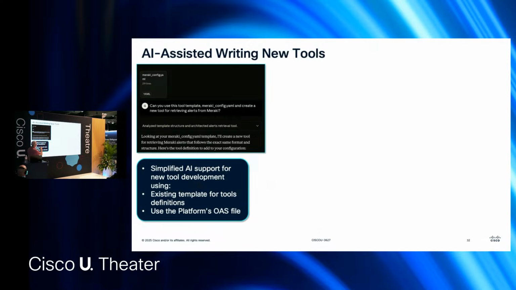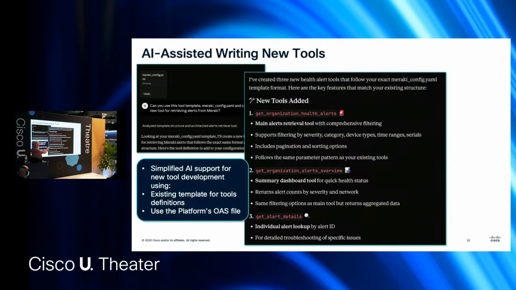And then I'm asking the same AI, Claude Desktop: this is my template of how I want the tools to look, and this is the information I'm looking to build as a new tool. Get the information from the API documentation of Meraki, or Catalyst Center could be the same. And then it will create a new tool for me. The YAML description is exactly the same. I can append it and use it. And that's what I did last night.